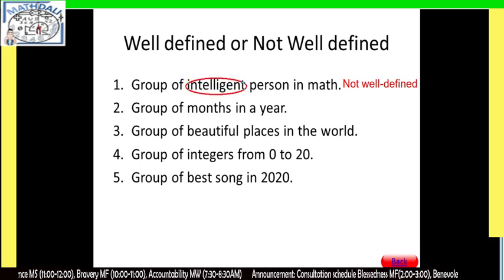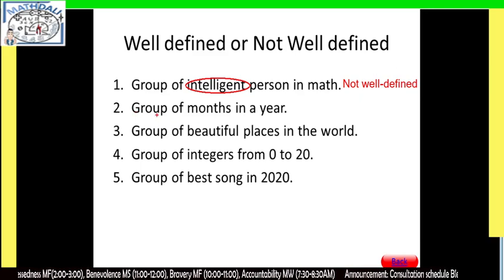Kasi pagka merong adjective yan, may kanya-kanya naman tayong level. Level na kung saan maaaring makategorize natin yung person kung siya man ay intelligent or hindi intelligent pagdating sa atin or pagdating sa ibang tao. So maaaring magkakaiba tayo ng opinion. Kung yun man ay intelligent sa akin, maaaring hindi intelligent yun pagdating sa iba. So kaya siya not well defined.